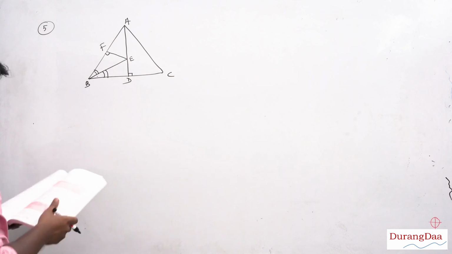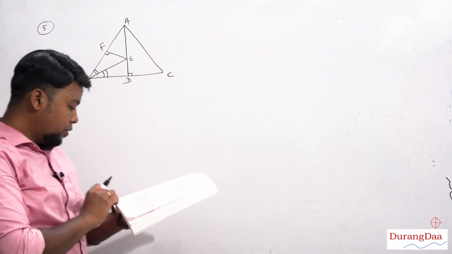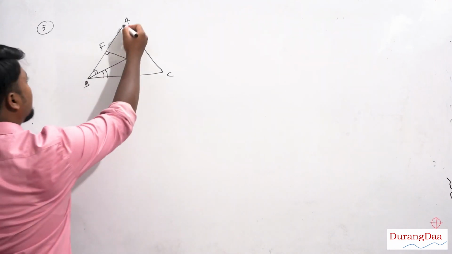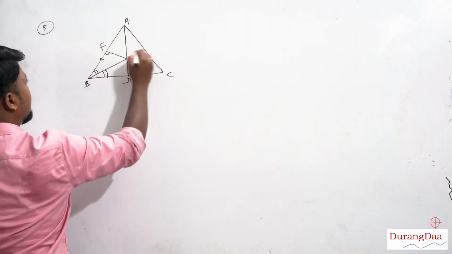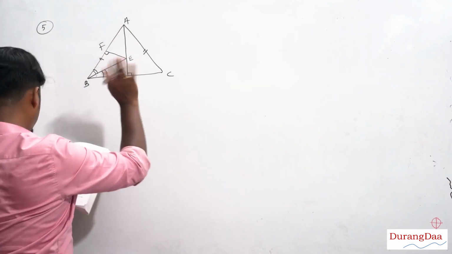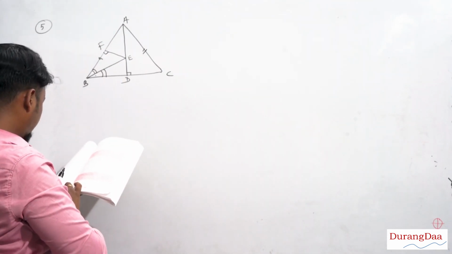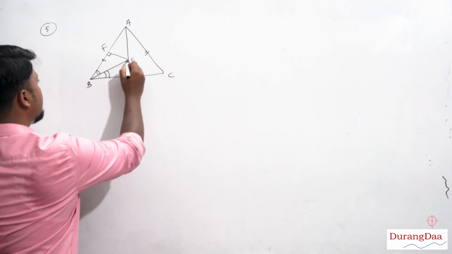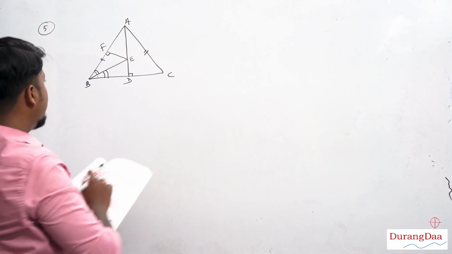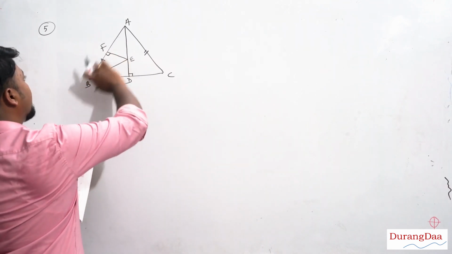All right. Now let us read the question once more. In the following figure, AB equals AC. So it has been provided that AB is equal to AC. Second, AD is the perpendicular, and BE bisects, BE is bisecting this angle B. All right, and EF is perpendicular to AB.